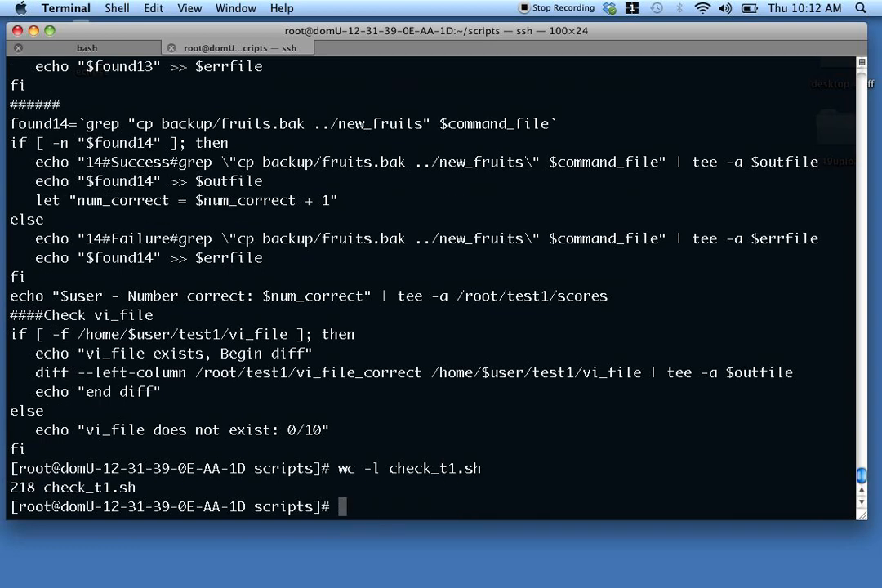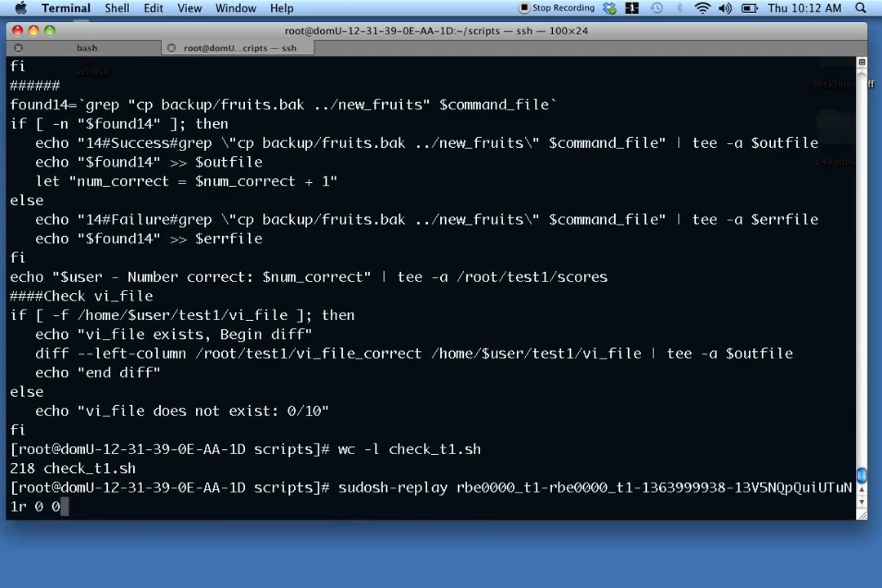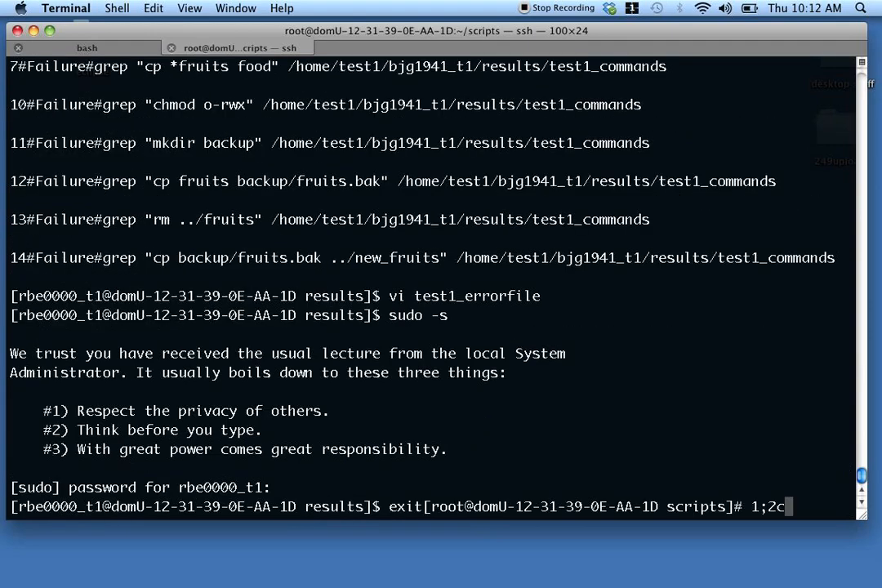So my script had 218 lines. I probably spent 20 hours working on it. I had a hard time cleaning up the commands. So just for fun, let's talk about that for a minute. If we go back and run my thing here,